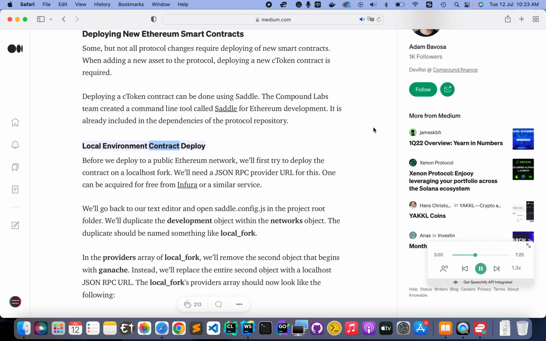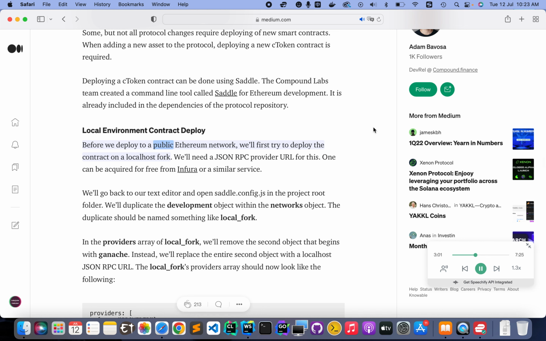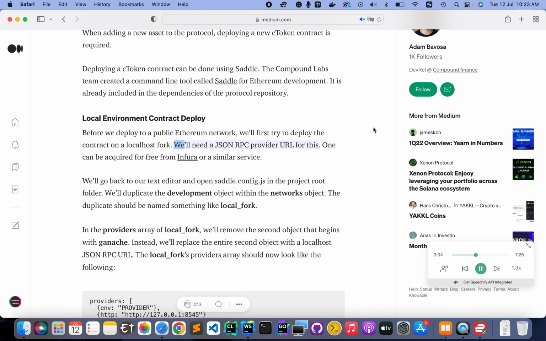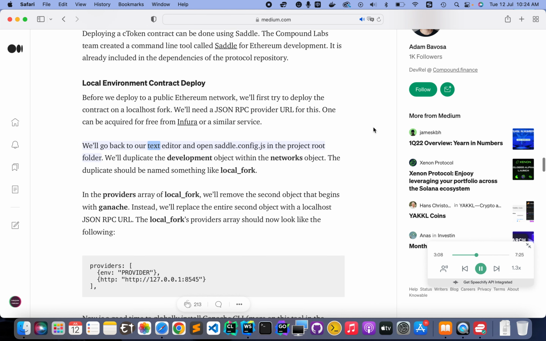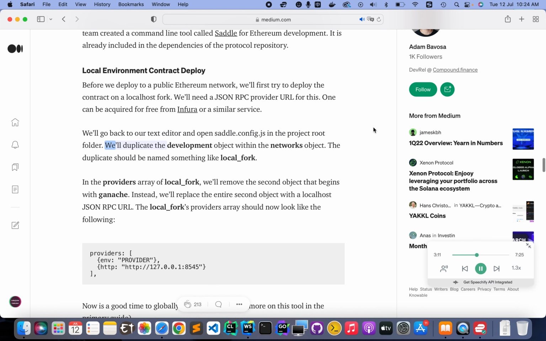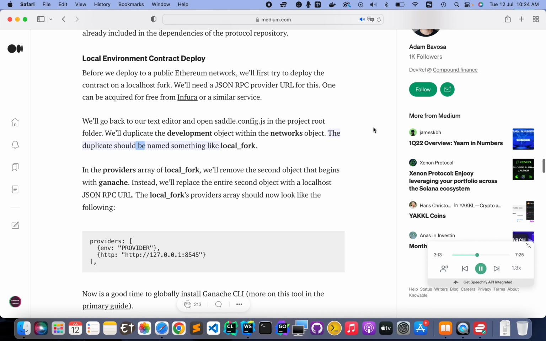Local environment contract deploy. Before we deploy to a public Ethereum network, we'll first try to deploy the contract on a localhost fork. We'll need a JSON RPC provider URL for this. One can be acquired for free from Infura or a similar service. We'll go back to our text editor and open saddle.config.js in the project root folder. We'll duplicate the development object within the networks object. The duplicate should be named something like